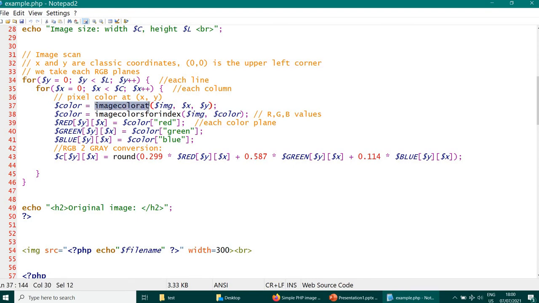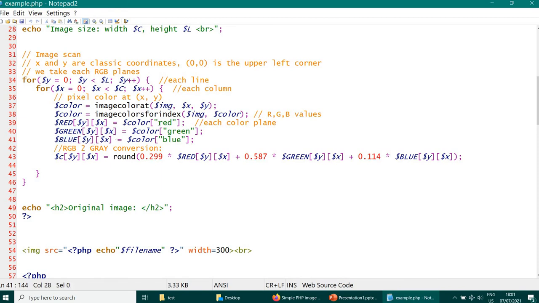The first function gives me the color of the pixel at these coordinates. Then I use the same variable and overwrite it. The RGB values will be stored in this variable with this function, imagecolorsforindex, and then I build three matrices, as you can see: one for the red plane, the second for the green, and one for the blue plane of the image.